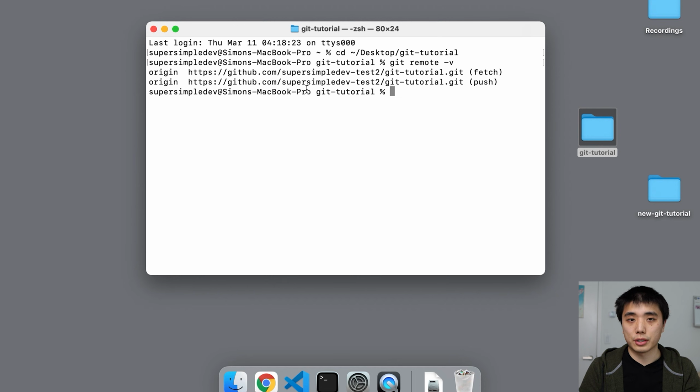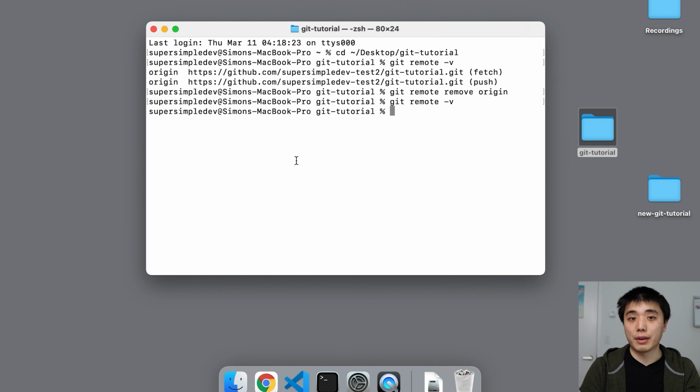So to use our SSH keys, remember that we had two URLs for our remote repository. We had the one that started with HTTPS, and we have another one that starts with git. So to use our keys, we just need to switch this URL for the git URL. To switch our URLs, first let's remove this HTTPS URL. To do that, we're going to run git remote remove, and we're going to remove origin. Now if we run git remote -v again, we no longer have any remote repositories linked to our local repository.